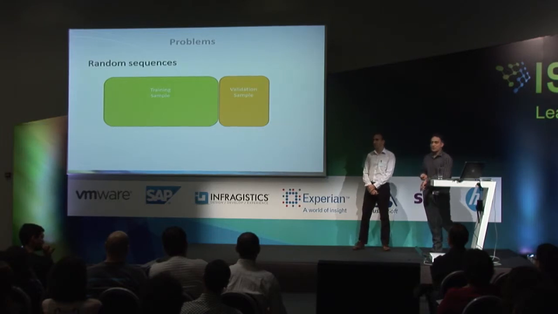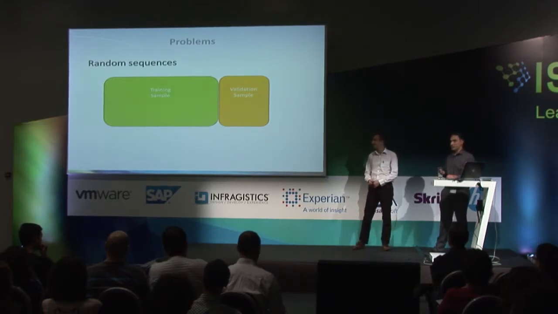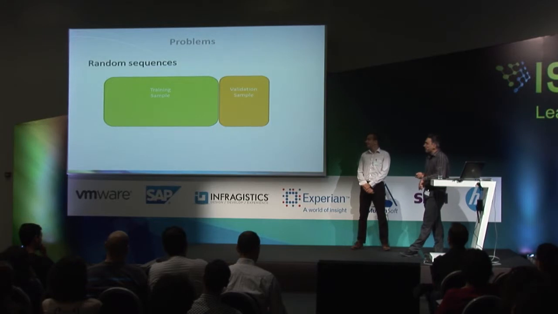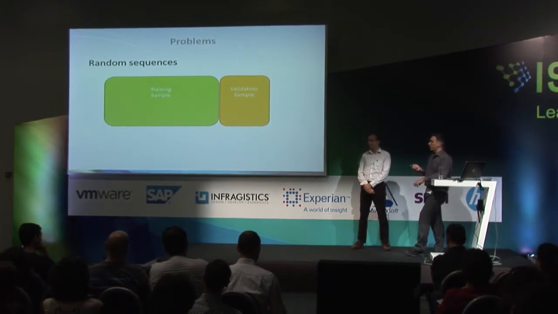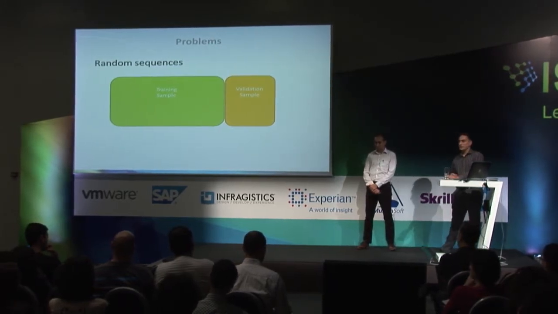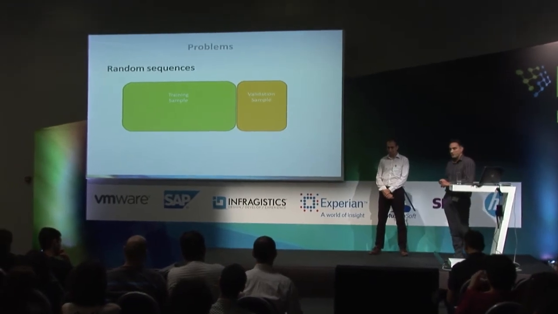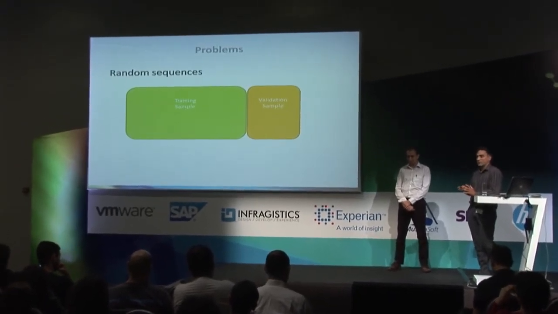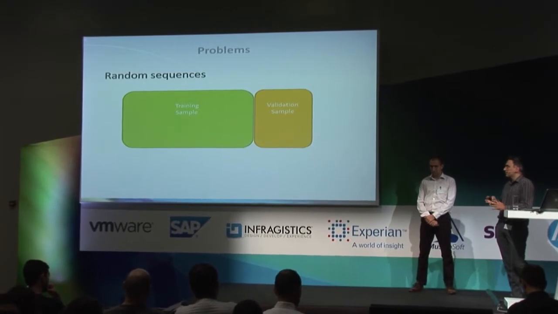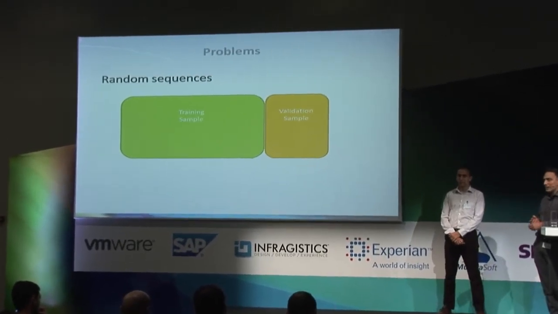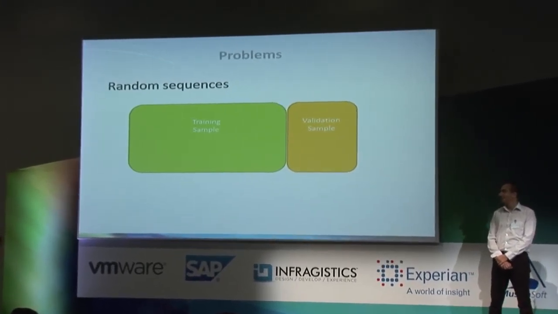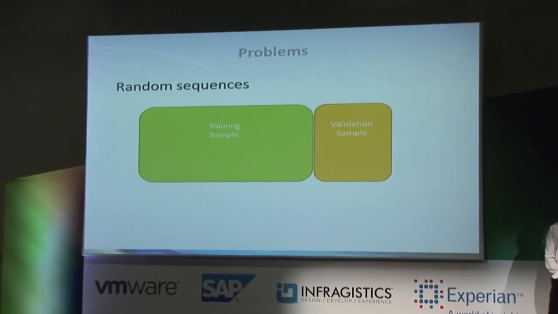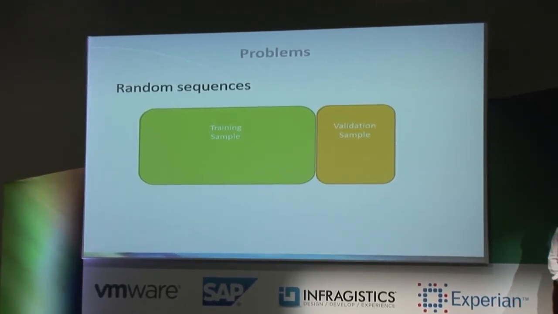But let's try and just explain why they're important in model development. Models are usually developed on a subset of the data called the training data, and the reason for this is that you don't want to overfit the model, or come up with a formula which explains too well a relationship between the input and the output data, because it might not work so well on other data. So analysts would usually train a model on a training sample and then validate it on a separate set of data.